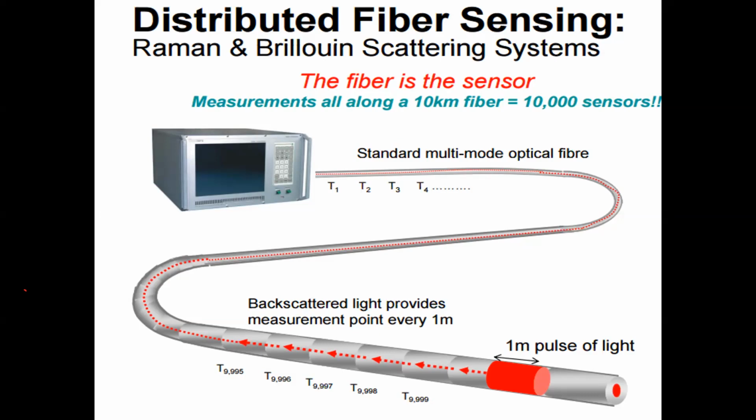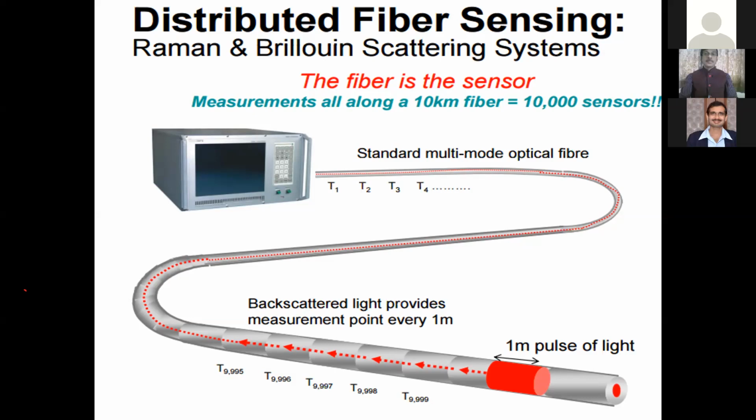So Raman scattering and Brillouin scattering are very, very less compared to the Rayleigh scattering. Rayleigh scattering is very strong. But there is a scattering due to the Raman and the Brillouin effect, and if we can measure that, it can have a very interesting application. Raman and Brillouin scattering are much weaker than the Rayleigh scattering, so it is very difficult to measure them. But through research, people are now able to measure Raman backscatter and Brillouin backscatter also. So that can have a very interesting application in sensing.